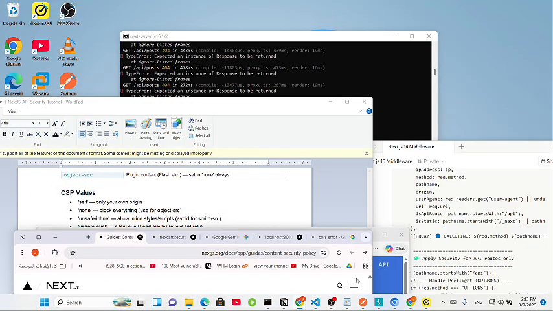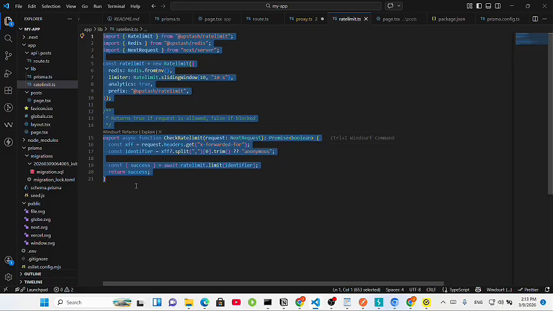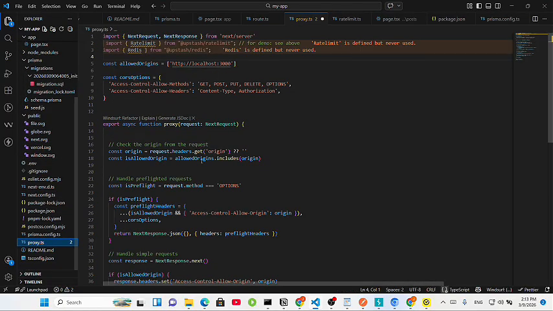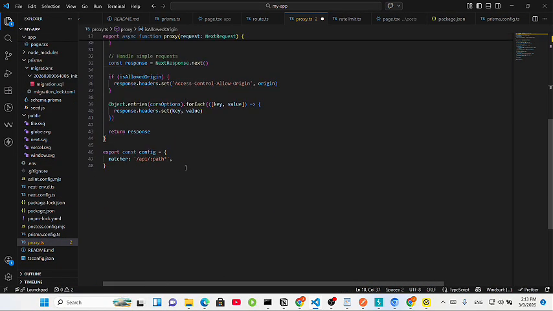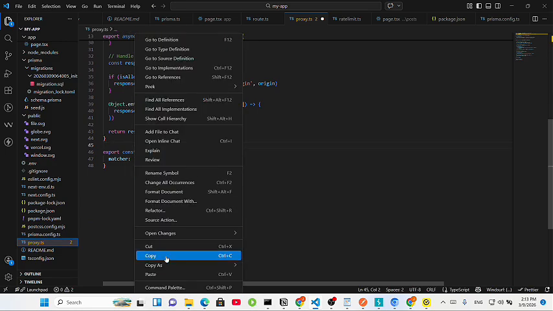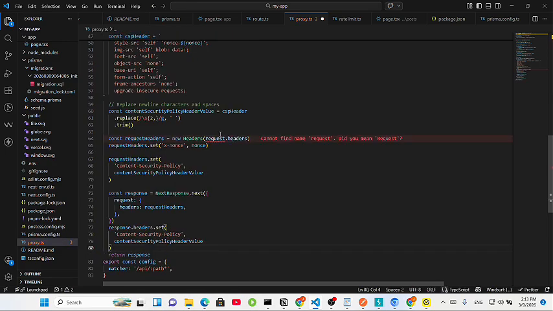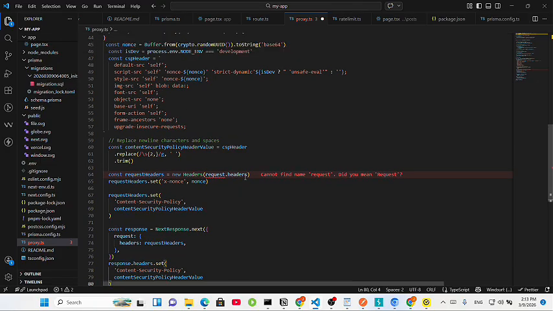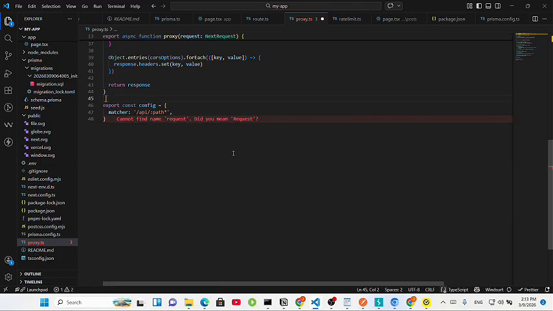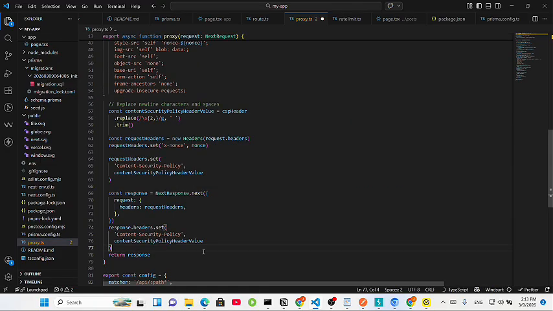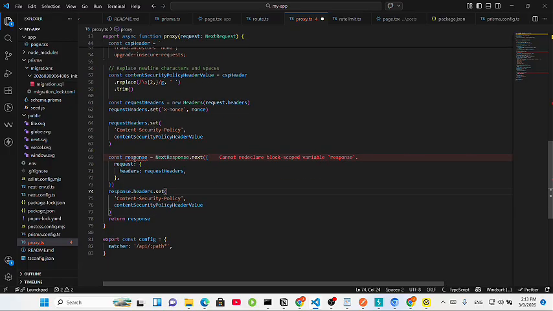Let me go ahead in my code here, go to proxy. But I don't know why we started with the CSP. Actually, we could have started with the